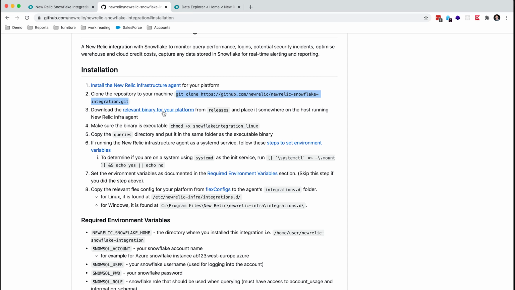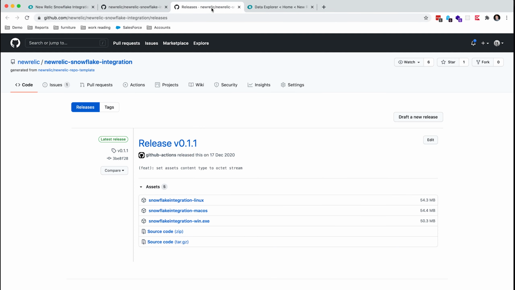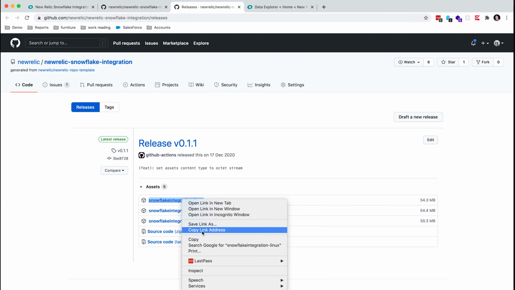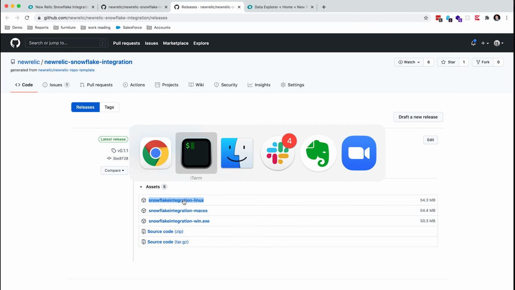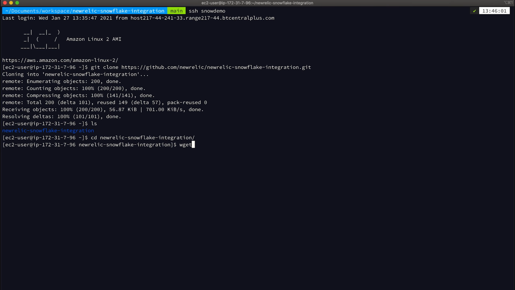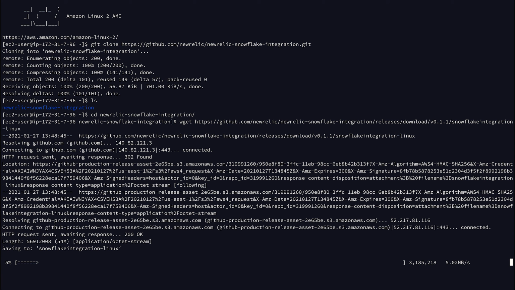The next step is going to be download the relevant binary. So I'm just going to open that in another tab. And you can see that we've got binaries for Linux, Mac OS, and Windows. I'm going to copy the link address for Linux back onto the VM. I'm going to do a wget and paste that link. That's going to download that binary.